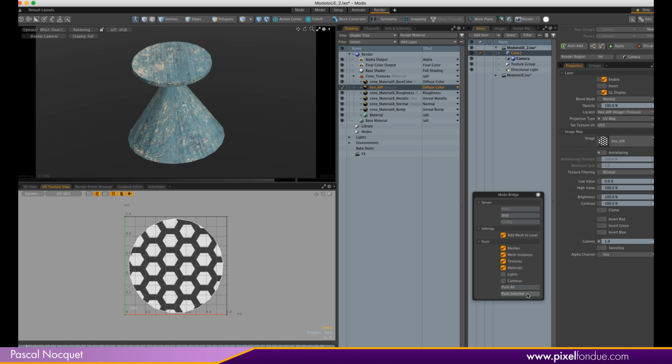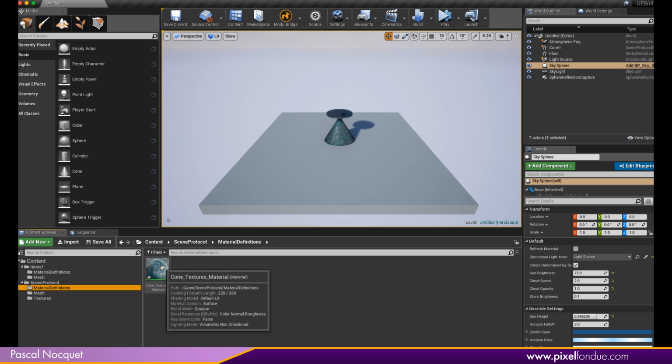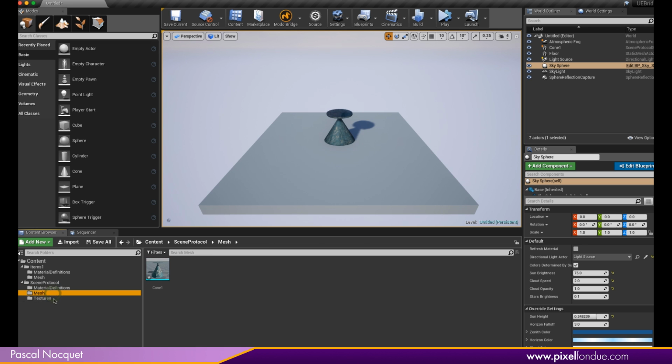I'm going to do push selected. And inside of Unreal, you can see I have a new scene protocol with my materials. So I have only one here, my mesh, and I have all my textures. So they're all here, but if you open the material,